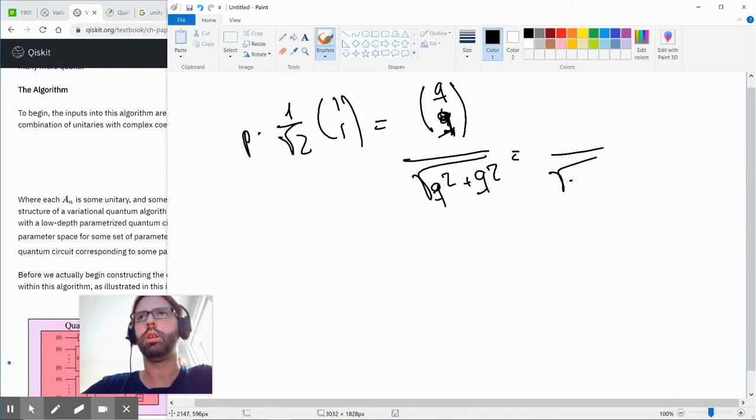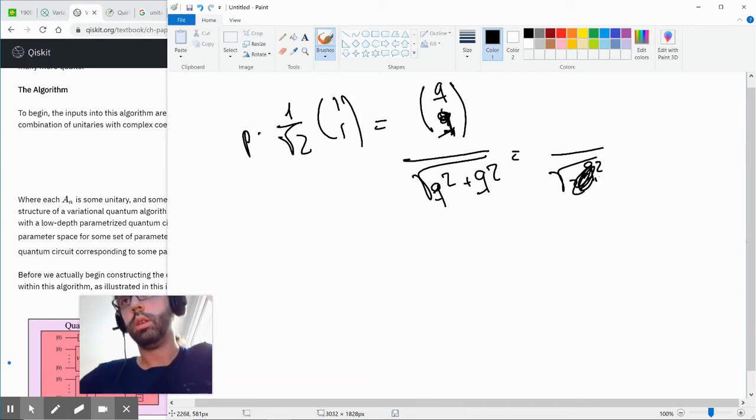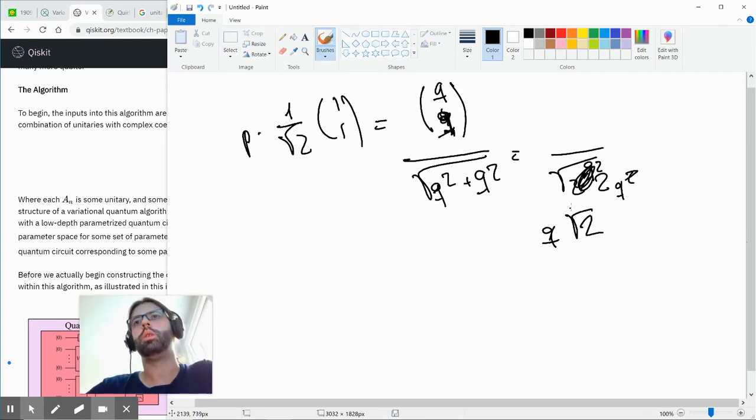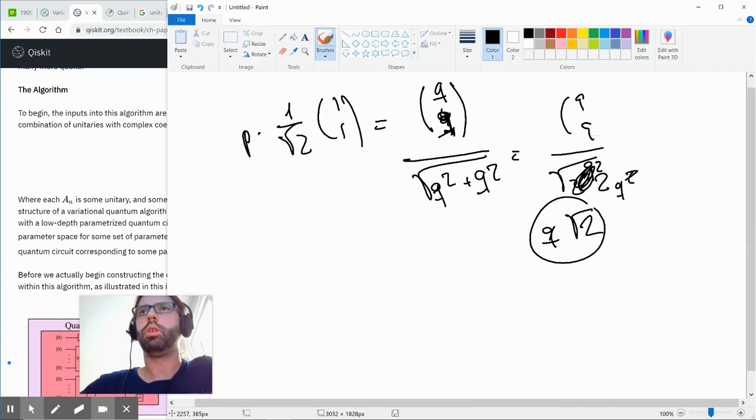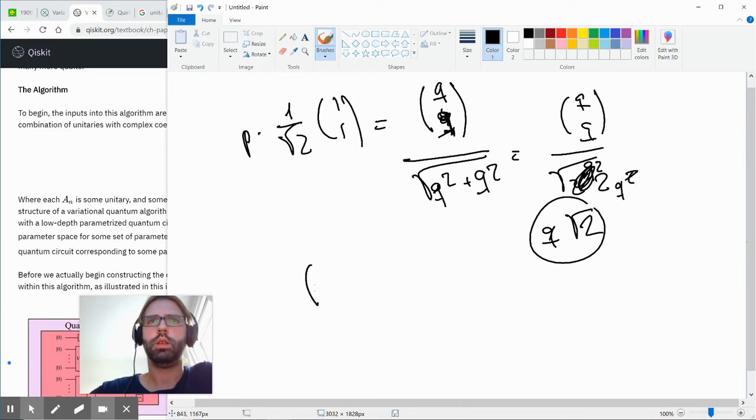So this is like 2 times q squared, which basically is q squared root of 2. Yeah, q, right? And so we're just saying that basically QQ equals